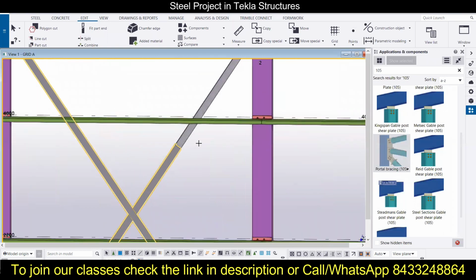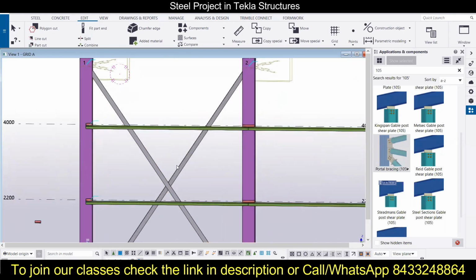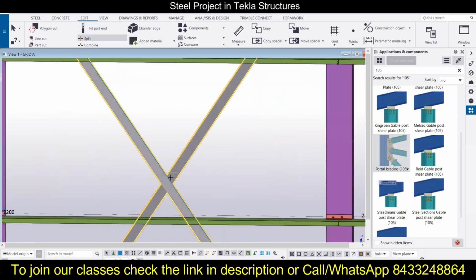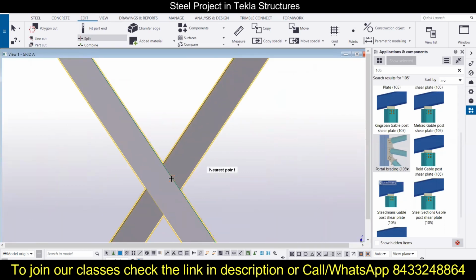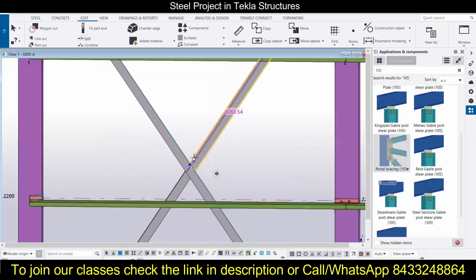We can see there is some kind of mistake at this place because it has been split multiple times. So I will press Ctrl Z. Now I will select it, click on split, and now it can be split like this.